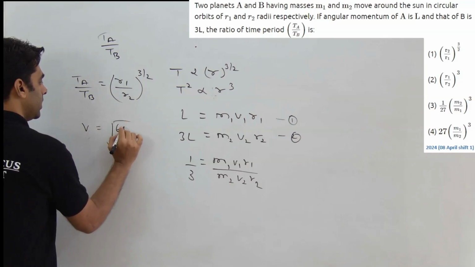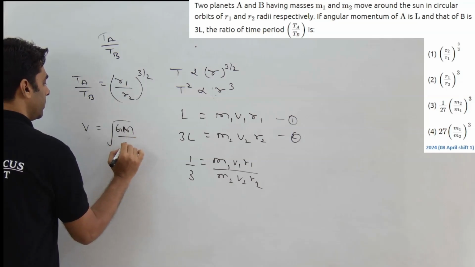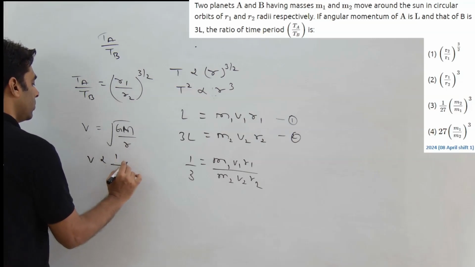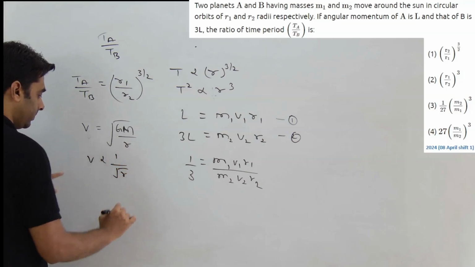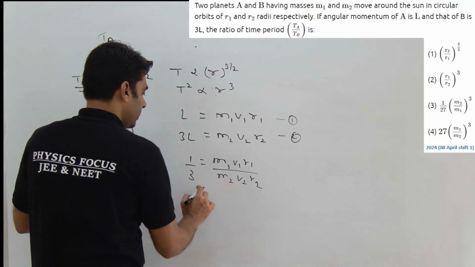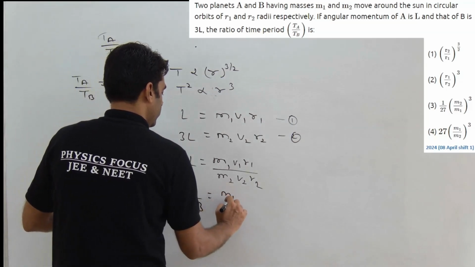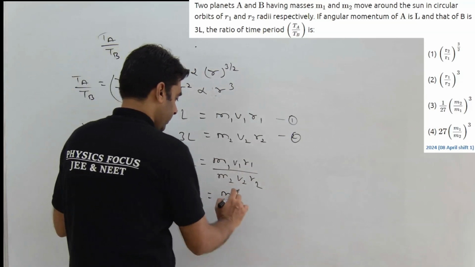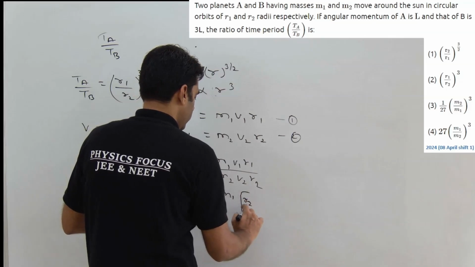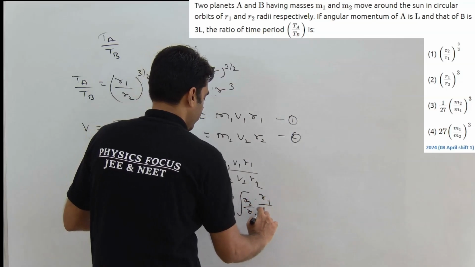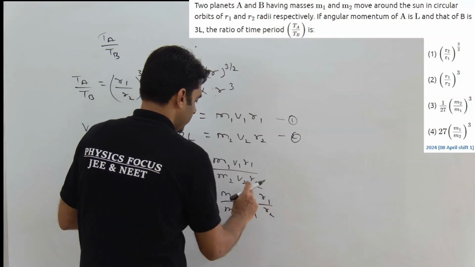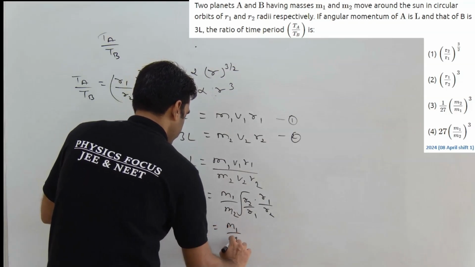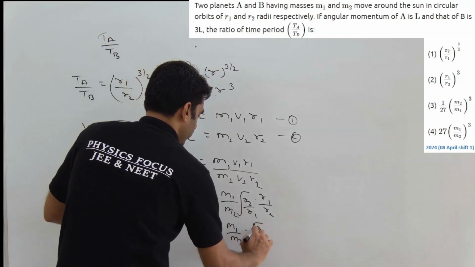root over GM by r, right? This is what is your orbital speed. So from this we get v is proportional to 1 by root over r. From this we can write down the v1 and v2 value. 1 by 3 is equal to m1, v1 by v2 can be written as root over r2 by r1. So root over r2 by r1 into r1 by r2, and you have m2. This cancels out. We get over here 1 by 3 is equal to m1 by m2 into root over r1